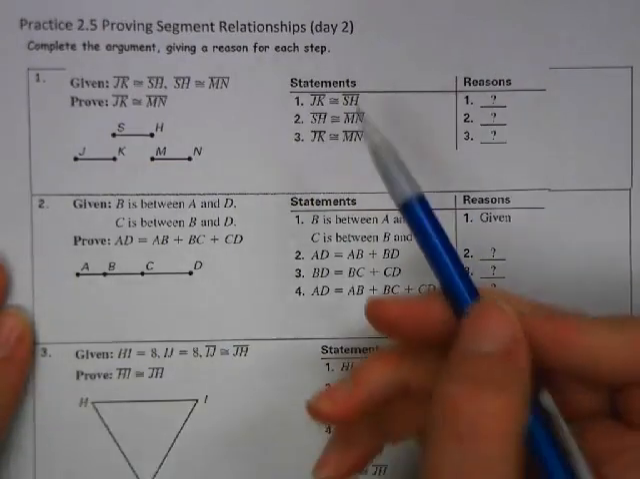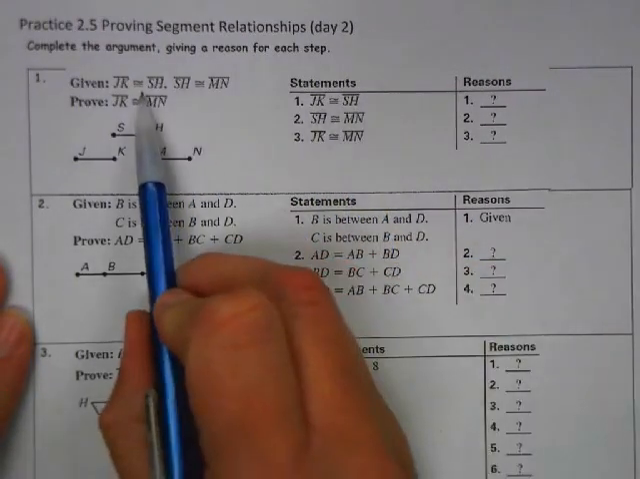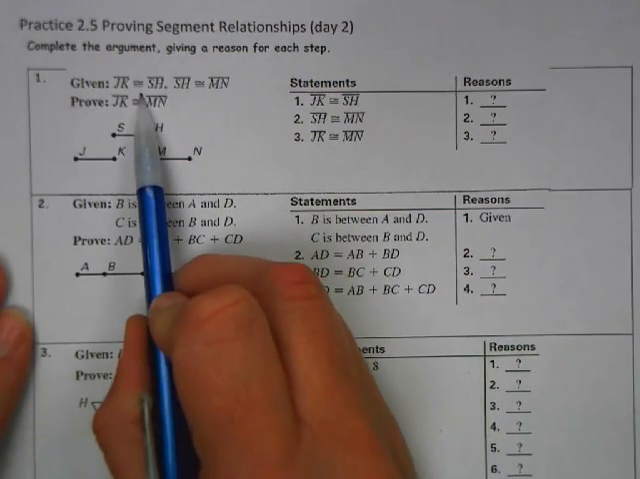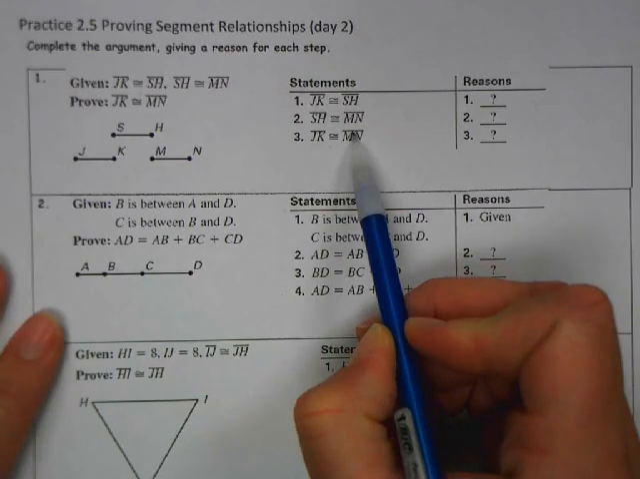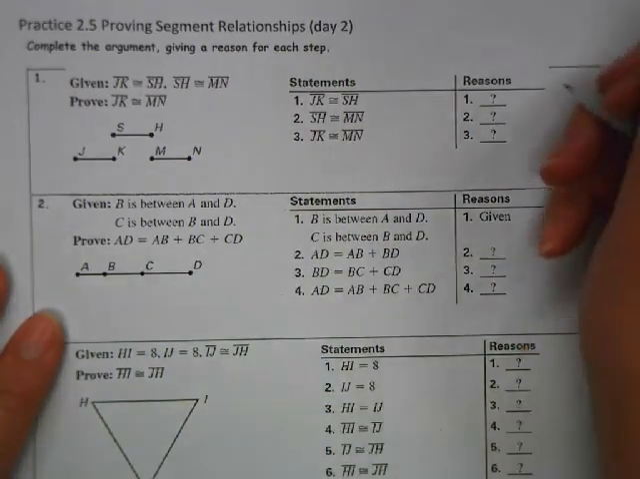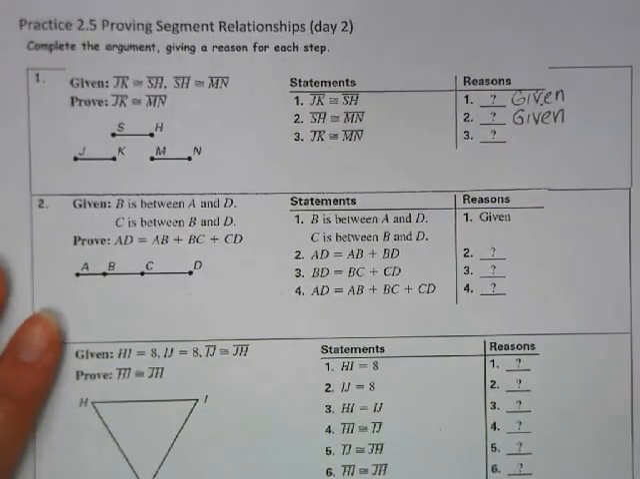So segment JK is congruent to segment SH. That's one of the first given pieces of information. And segment SH is congruent to segment MN. That is the other piece of given information. So 1 and 2 is given. And then number 3,